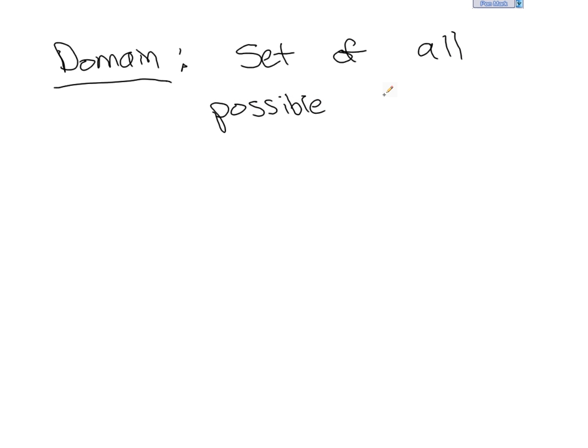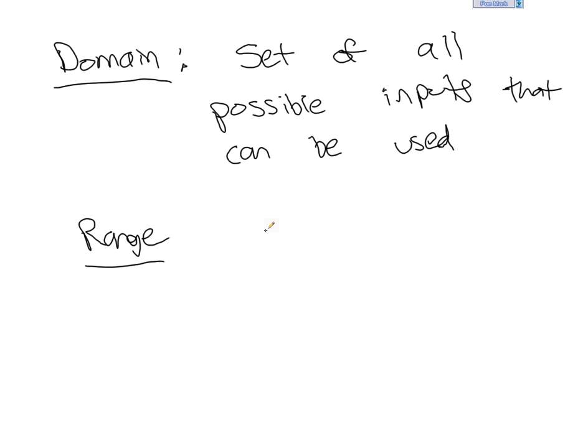The next thing to think about is the domain and range in this problem, and this problem is particularly important. Domain is the set of all possible inputs that can be used. A range is the same thing, except it's the set of all possible outputs that can be used. So in our situation, we know that our input, so our domain,